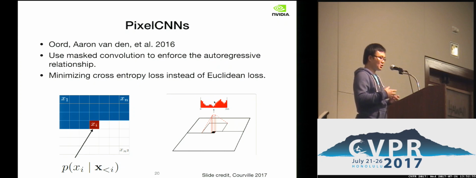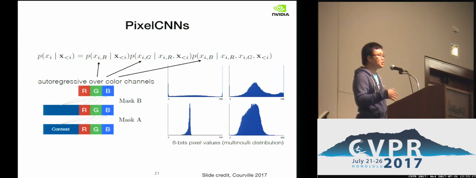I mean, if you want to train a VAE to generate every pixel and use a discrete variable to model each pixel output, it would take a lot of memory space because each dimension you have 255 times 3 possibilities. But you can do it in PixelCNN. And an image has 3 channels, R, G, and B. With this autoregressive model, you can generate the R pixel first, and then the generation of G conditions on R, and the generation of the blue pixel conditions on the red pixel and the green pixel.